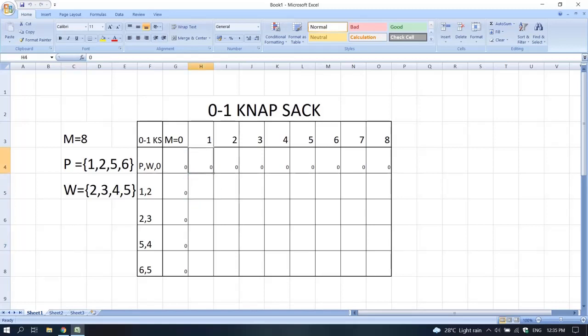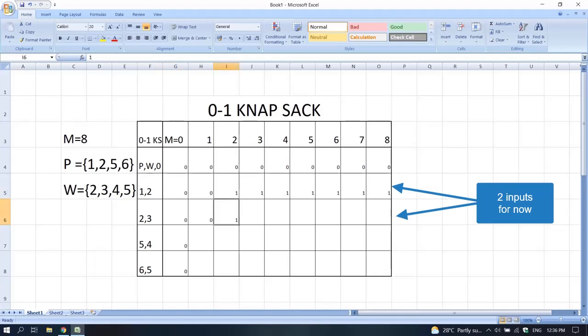As we can see, the capacity is 1 and we have one object whose weight is 2 and profit is 1. As the weight is 2, we can't put it in the bag, so we will consider it as 0. As the capacity of the bag becomes 2, now we can put this in the bag. So the profit is 1 now, and for all the cases it is going to be 1. Now capacity 1, item weight is 3, so 0. Actually we are using a formula to fill this table, which I will tell you after some steps.